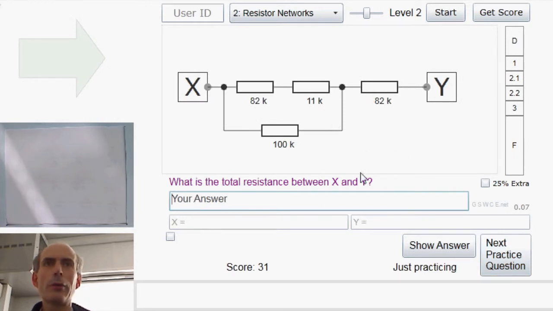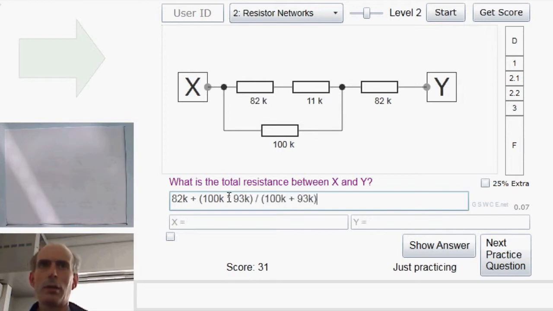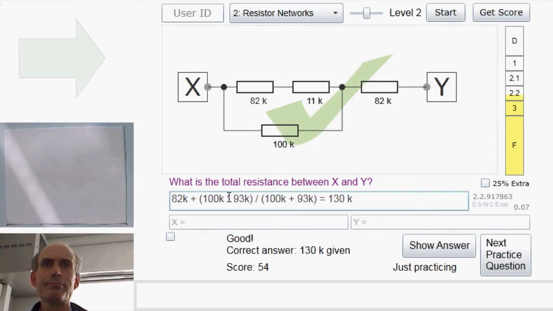You just have to work out the total resistance. And we've got 82K. That's in series with this combination. And this combination is the parallel combination of a 100K with what in total is a 93K. So that would be 100K times 93K divided by 100K plus 93K. Next,